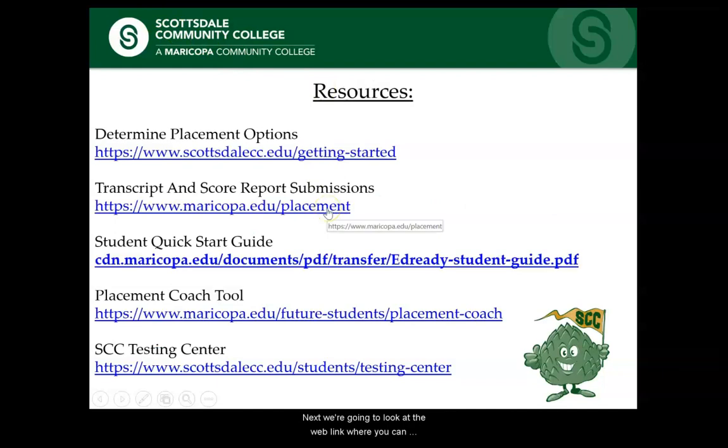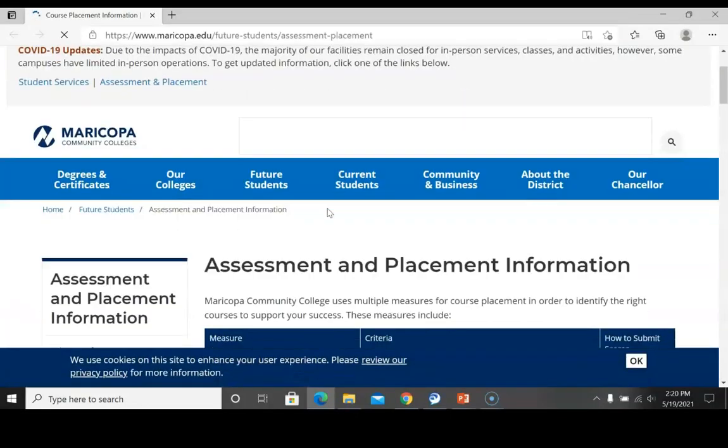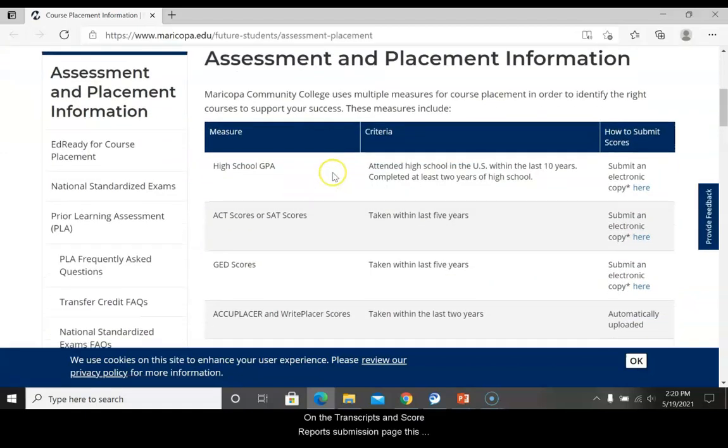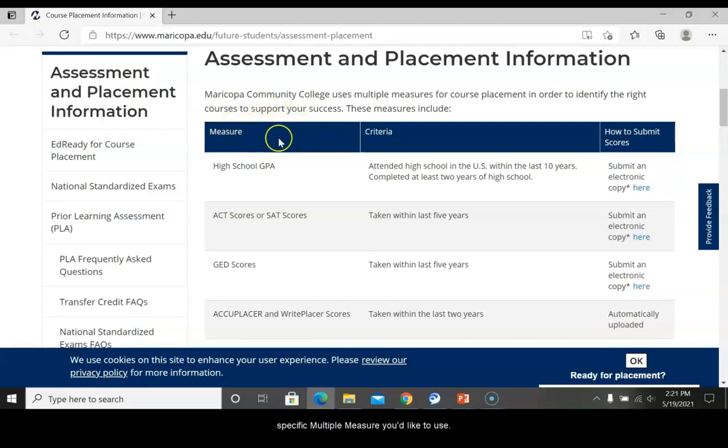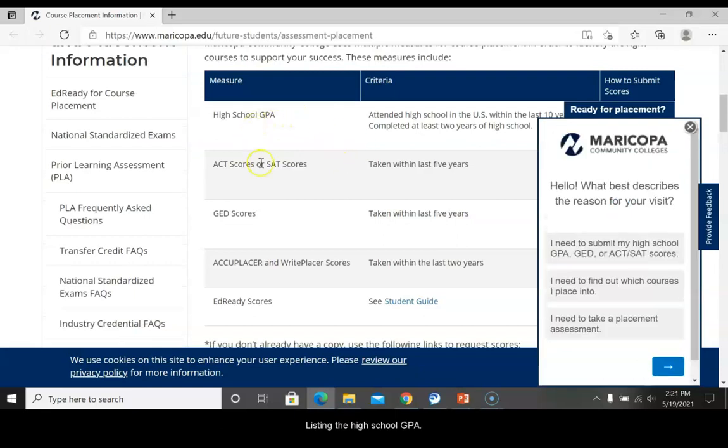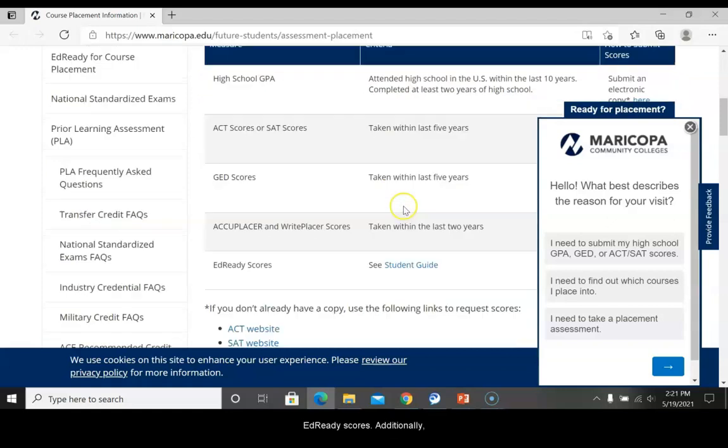Next, we're going to look at the web link where you can submit your transcripts and your score reports. On the transcript and score report submission page, this is where you'll find the information on where to submit transcripts and score reports. On the left-hand side, you'll see the measures. That's the specific multiple measure you'd like to use, listing the high school GPA, ACT, SAT, GED scores, ACCUPLACER, and